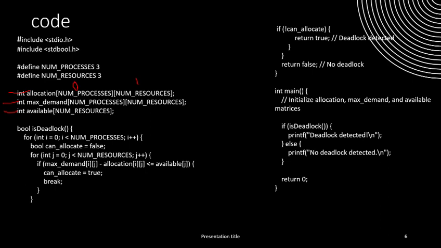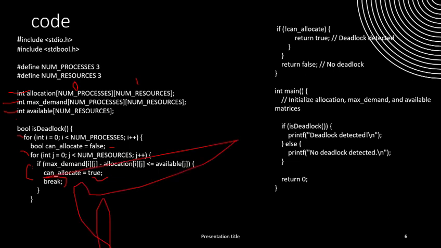So Boolean is used for true and false. We use Boolean for returning true and false. We all know that. We are applying the for loop. Now the for loop is applied, and there is a nested for loop also applied. We check the num processes. If it checks i going for the num process, the Boolean can allocate is equal to false. If can allocate, this deadlock is equal to false, and for the int j up to num resources, if this condition is true, then you return true, and after that